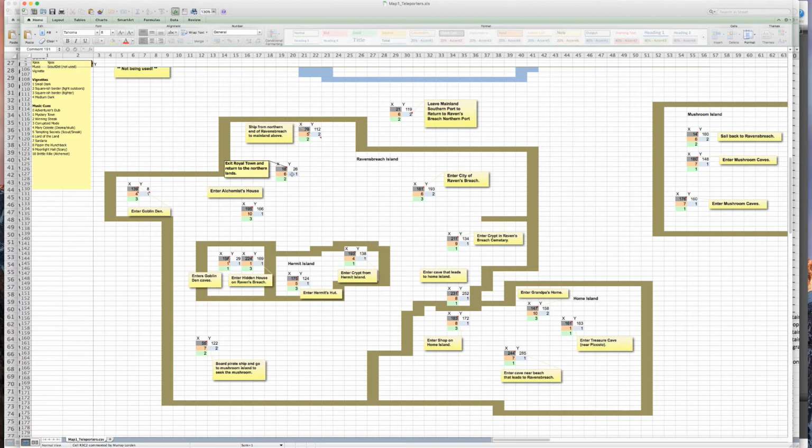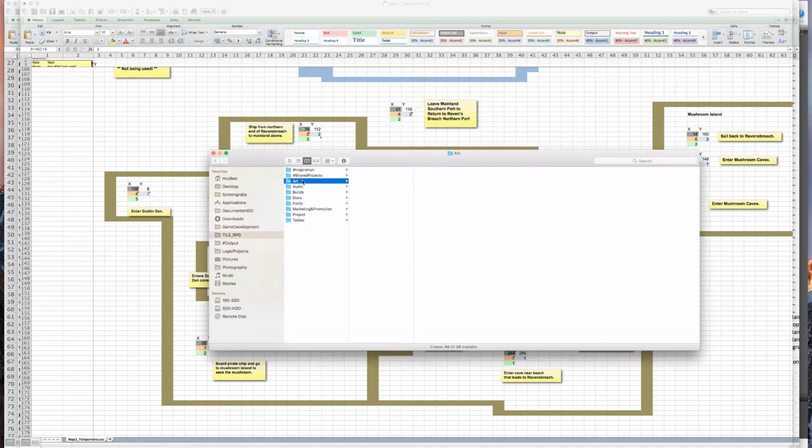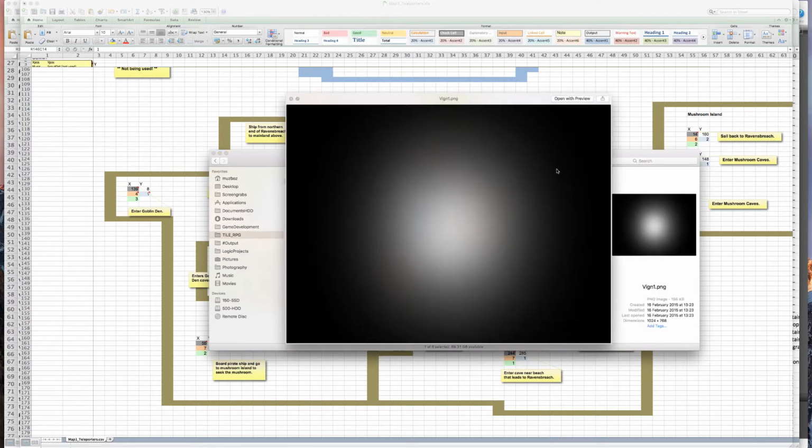See, they are set to 1s and 2s, but I think I just leave it at 2 at all times. And there's also a vignette. So the vignette ID will bring in different vignettes, which let's just pull one up over here. Art, UI, vignettes. So the vignettes are just, they overlay over the map, and this is, say you're in a dark